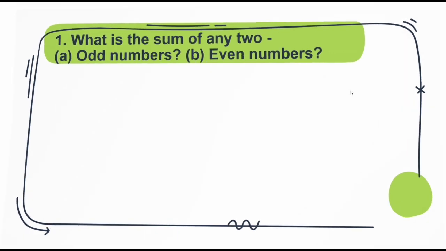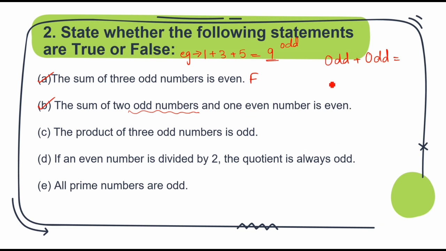Similarly, here you can see the question is saying the same thing but in a different way, that the sum of two odd numbers and one even number is even. So two odd numbers will give you an even number. Okay, and to this even number you have to add one more even number. Then you will again get an even number only, because we have learned that if we add two even numbers we get an even number. So yes, we can say that it is absolutely correct.